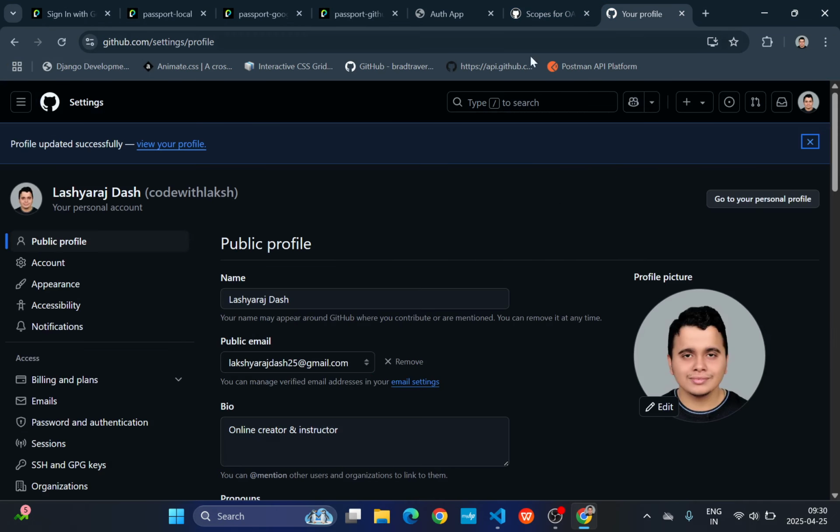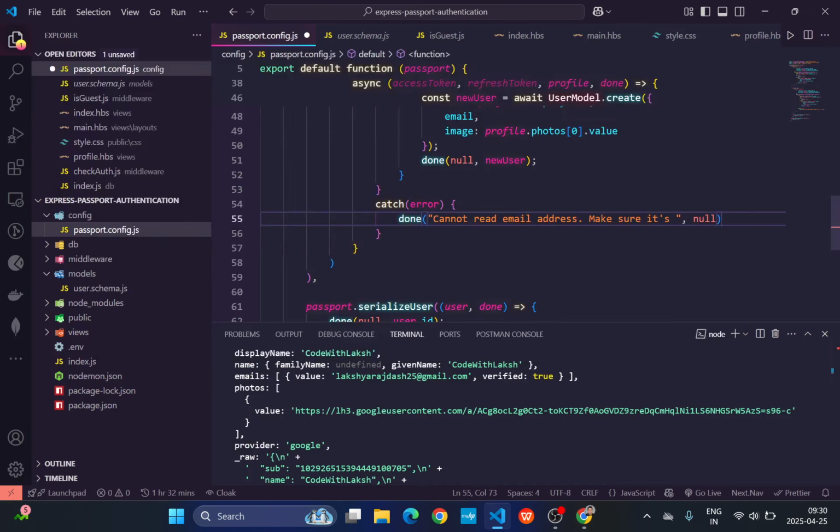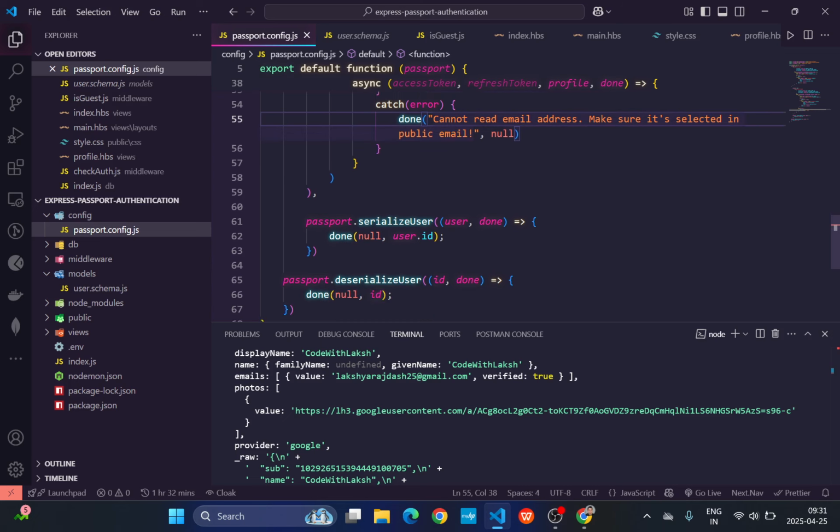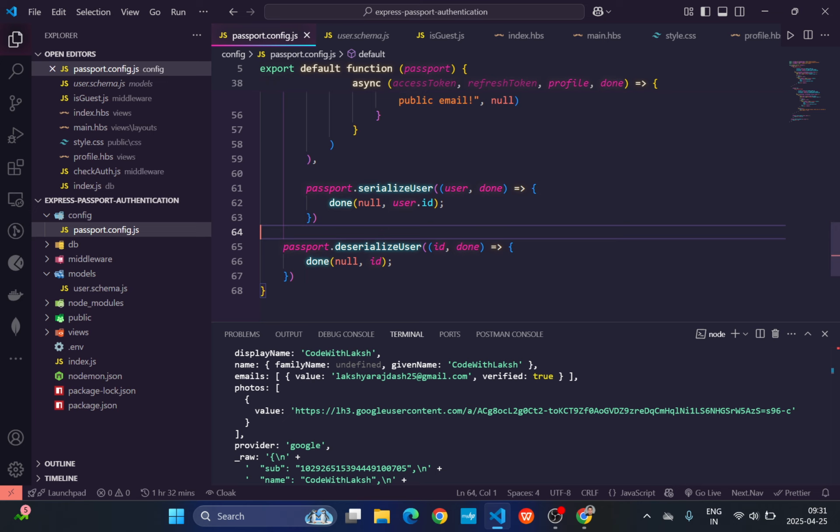Let me see what we have to enable. Selected public. Okay, so what we can do is actually throw the error, like we can throw our custom error. Now what should I do is,